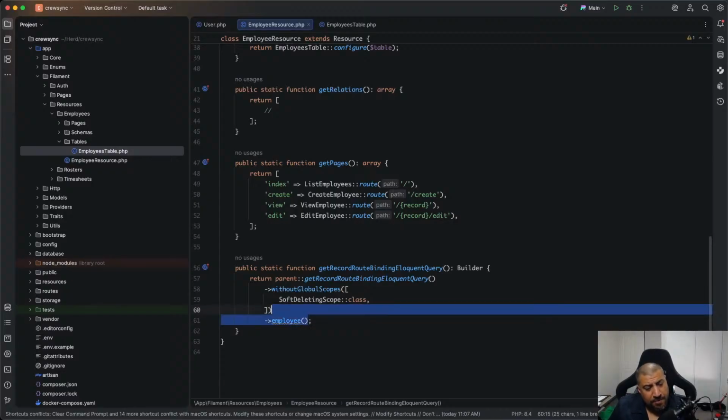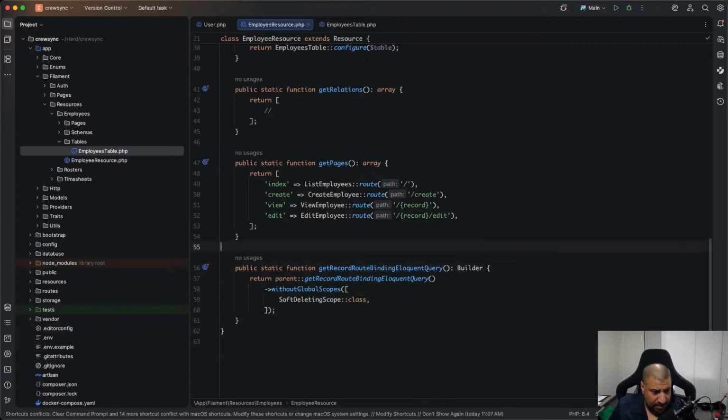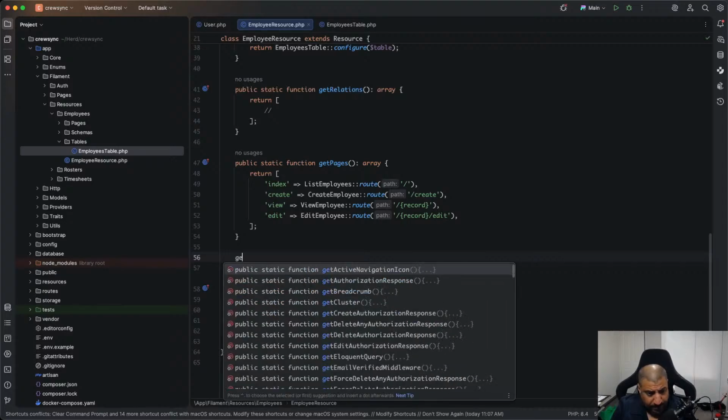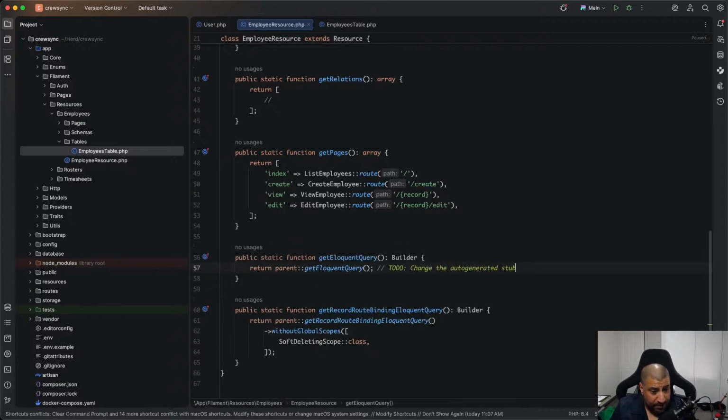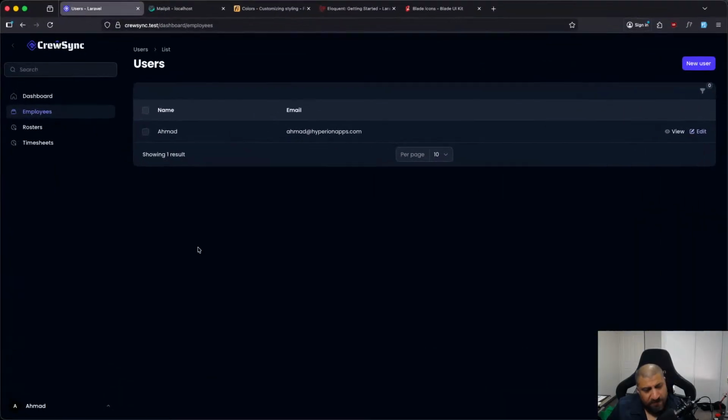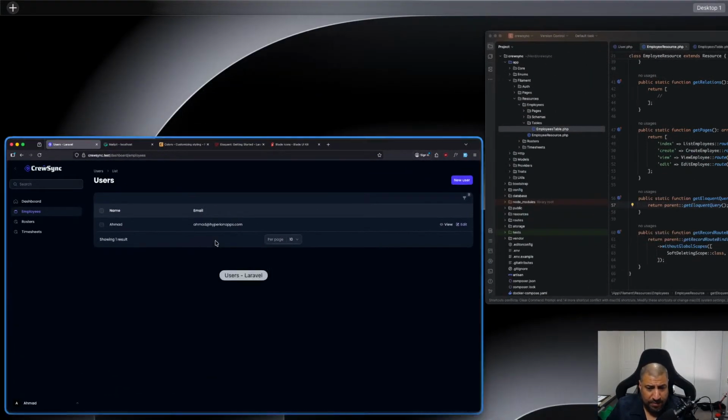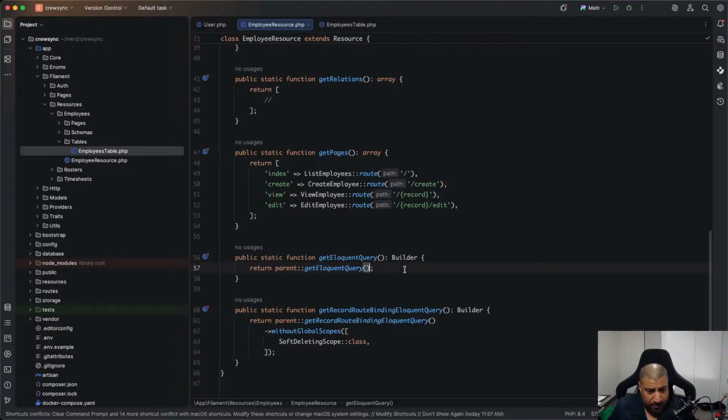Or do I need to modify the actual, because this is route binding, get eloquent query. Would that override? I think that will override the route binding. So if I say employee here,